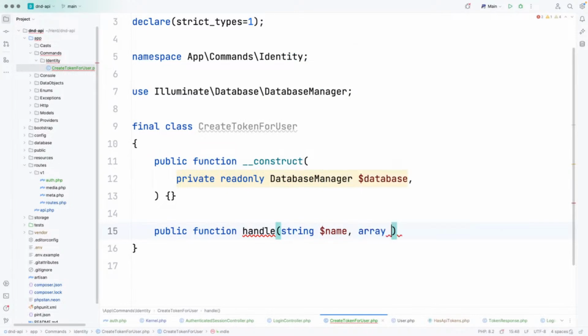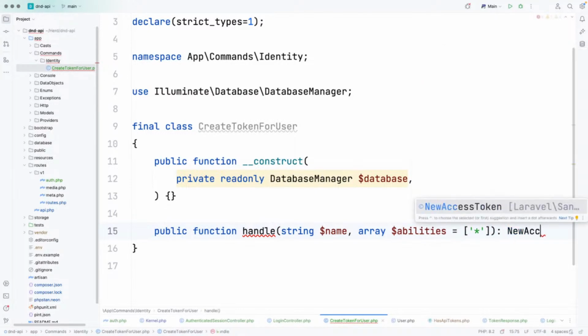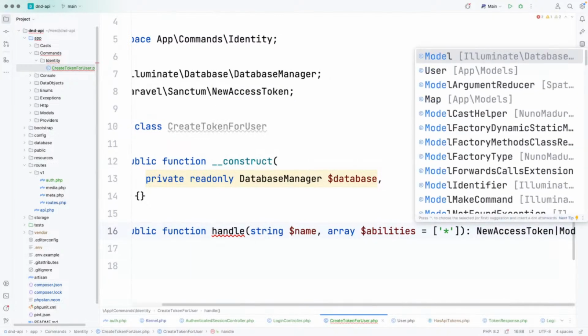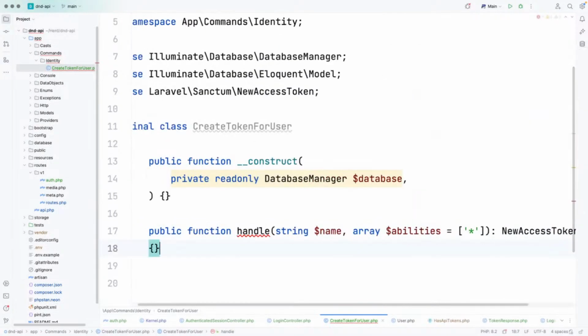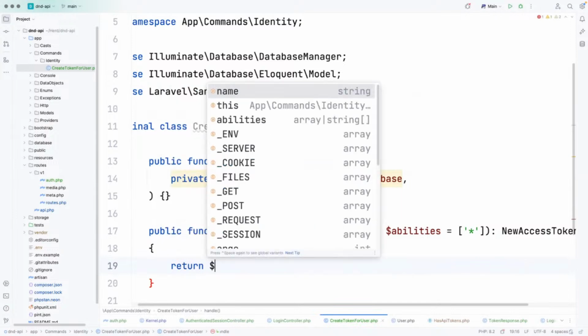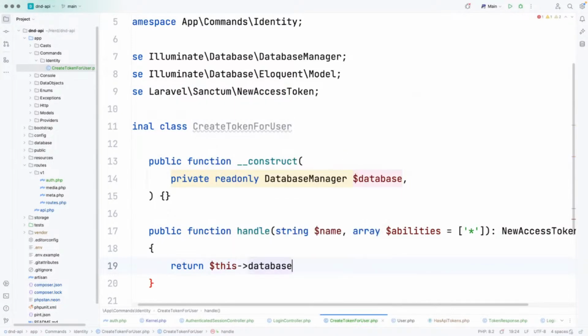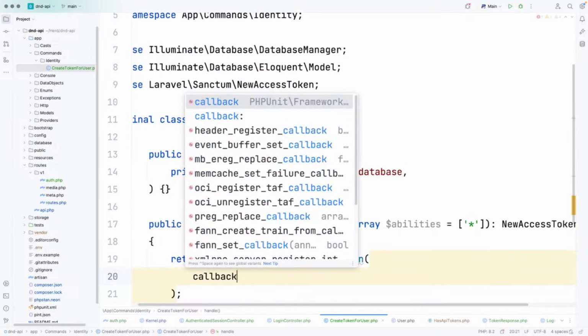We want to pass in an array for abilities. And that's going to default to that. And this should return a new access token or a model. So this can then return this database transaction. The callback to the transaction